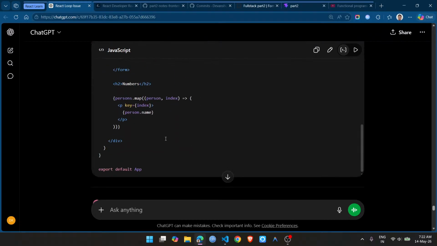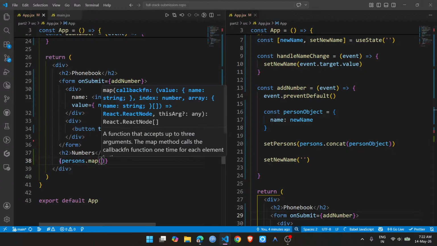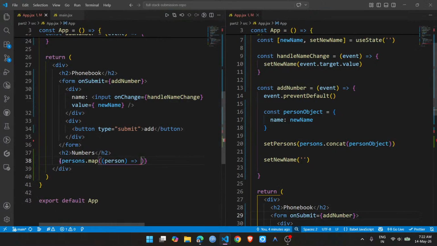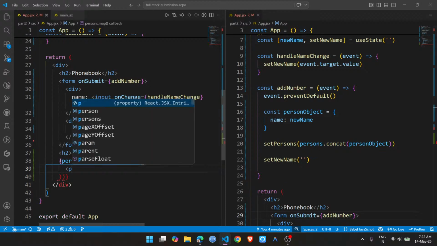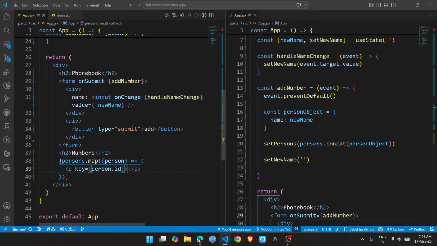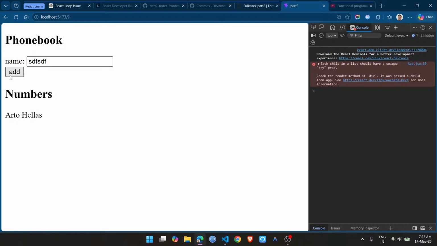And what they are telling me to do is, inside these numbers, do persons.map, each person should be inside the p tag. Key will be person.id, and inside that I would like to have person.name. So currently one added. If I click this,